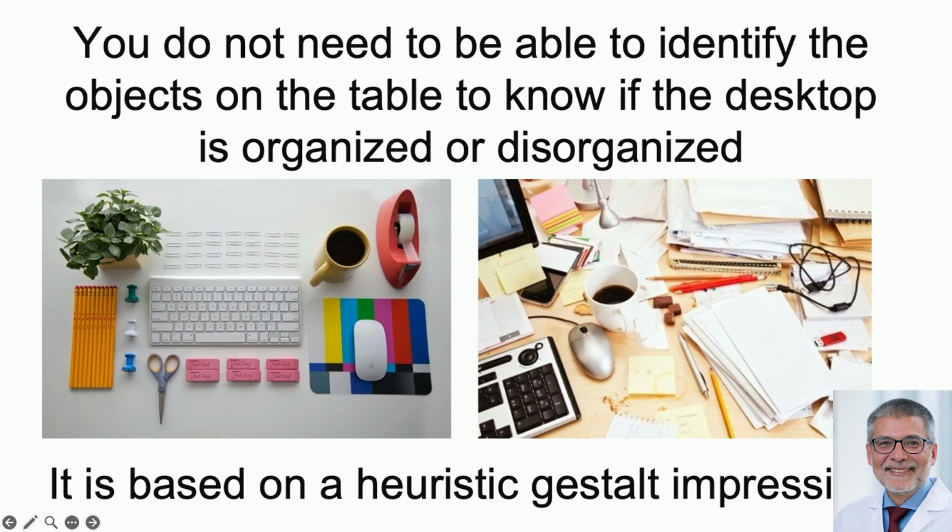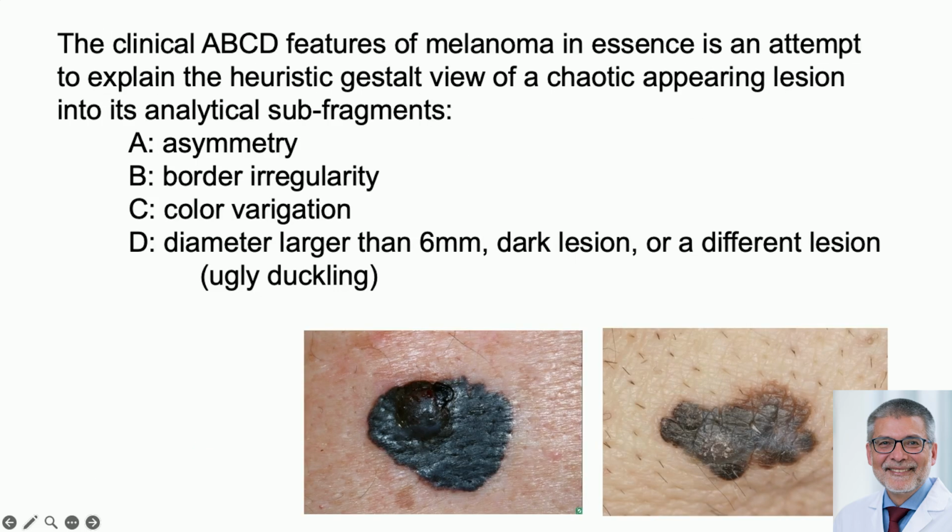And now if we jump to the clinical side, this is what was started already 50 years ago. We were already starting to figure out what makes a nevus differ from a melanoma? Well, the ABCDs are nothing more than trying to take that disorganized appearing lesion and put it into analytical terms. But the Gestalt tells you there's something wrong. Now you try to break it into its analytical pieces and you say, well, it has asymmetry and irregular borders and et cetera, et cetera. The E has nothing to do with morphology. The E has to do with biology. It has to do with evolution. That's a separate issue, right? So if a lesion is evolving, especially in an older individual, of course you should be concerned. So morphologically, it's only the ABCD,